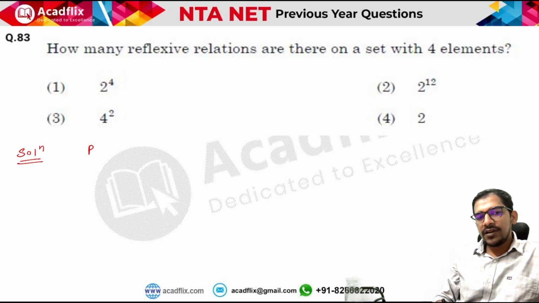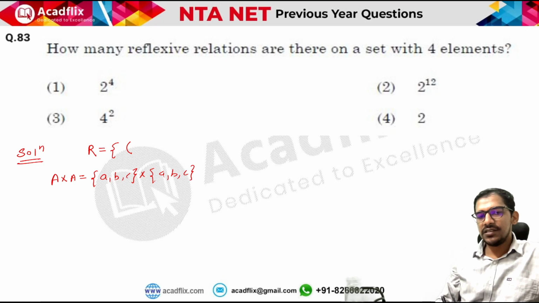For example, we are given a relation, and let us say this relation is on a set from A to A, and inside the set A we have 3 elements A, B and C. So this relation is on A, B, C and A, B, C, and let us say the relation is some relation, and in this relation we have pairs like this. A is related to B, B is related to A, A is related to C, and B is related to C. This is the relation.